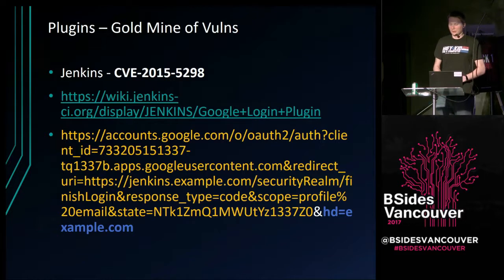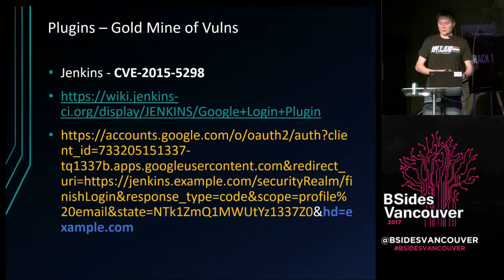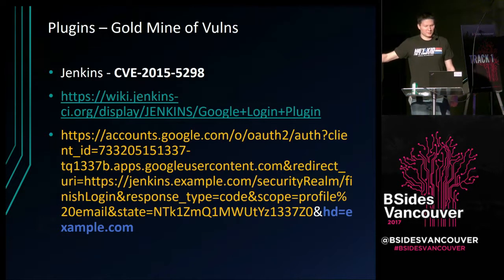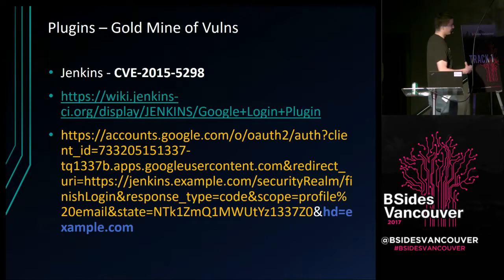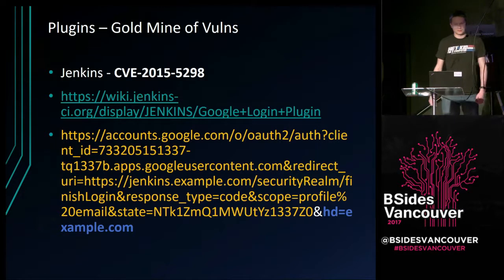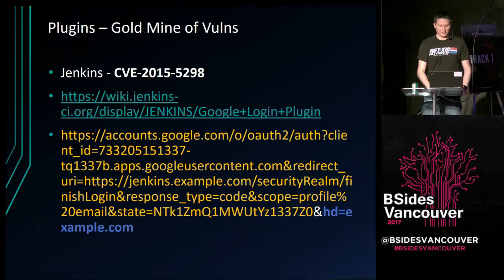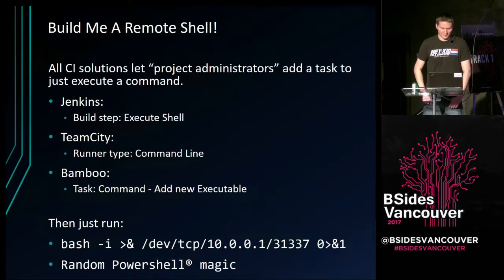So you could intercept the login that was taking place, and instead of telling it to authenticate to the customer's domain, you could pick any domain you want. Google would say, yeah, Wes owns testdomain.com. Sure, he's authenticated to that. I'll tell the server, yeah, Wes is authenticated. The server assumes that I authenticated to their domain, not my own, and then lets me in. So this kind of vulnerability is pretty typical, I think, for plugins to any of these systems, not just Jenkins. So it's always worth considering the plugins.